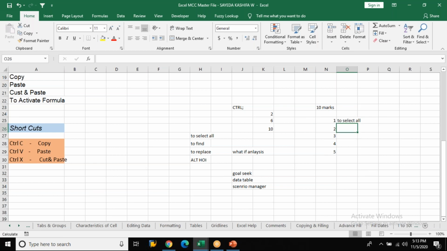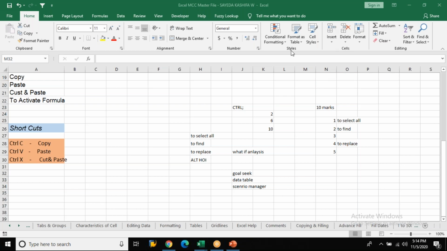Then what is a shortcut to find? Then to replace. Like that they will give you 10 different subtopics, and they'll ask you to write the corresponding shortcut commands, and if you get 7 out of 10, you get 7 marks, 8 out of 10, 8 marks. So they can ask you in that way also. They'll break the 10 marks this way.